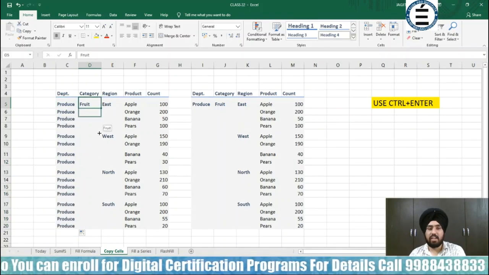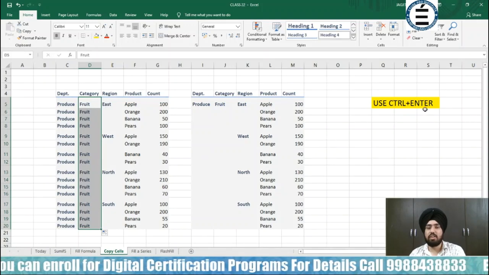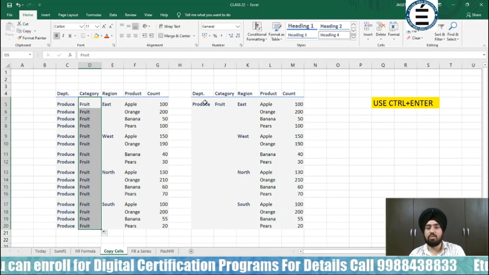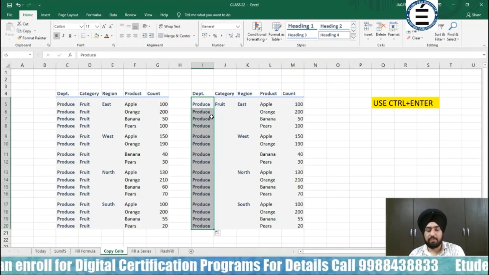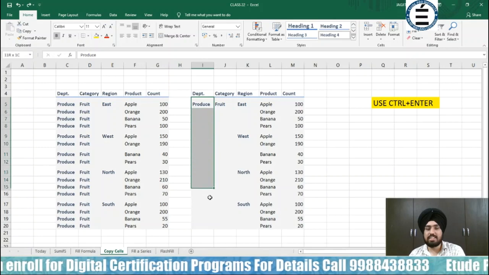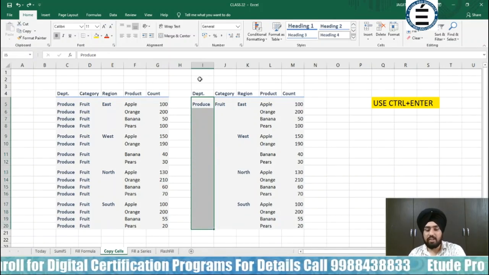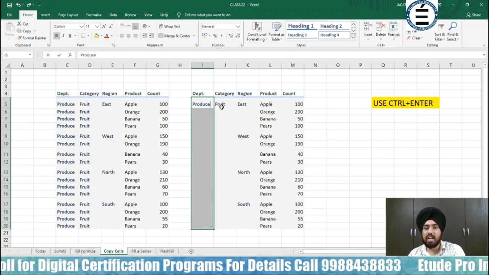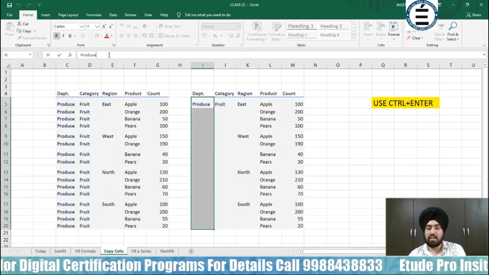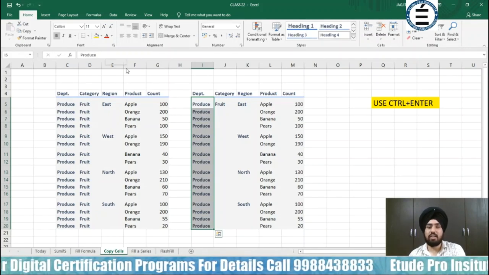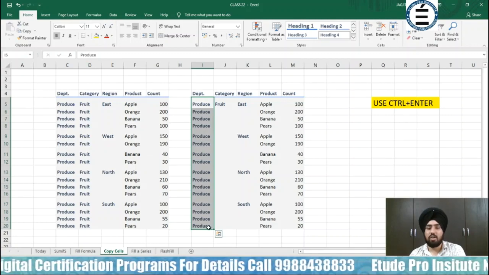Now again, in case of this, you can do the same. I can also do this using Control Enter. How to use that? Just select the cells now, just select the cells without using the fill handle. Now activate the cell, edit the cell using the F2, or you can also go to the formula bar. Now press Control Enter. It will automatically copy the first cell or edited cell to all the selected cells.